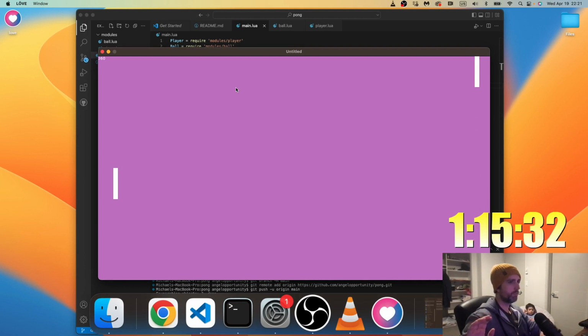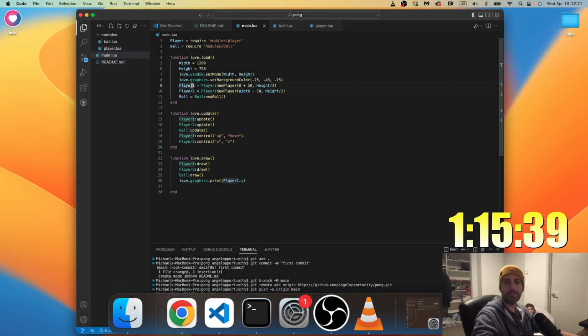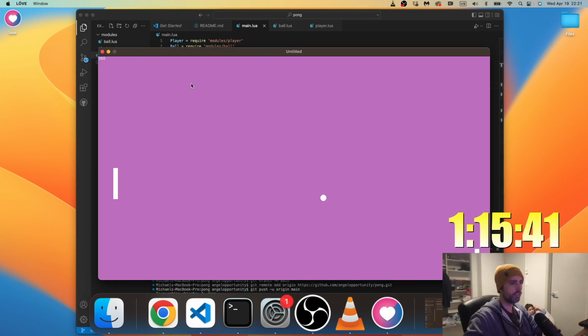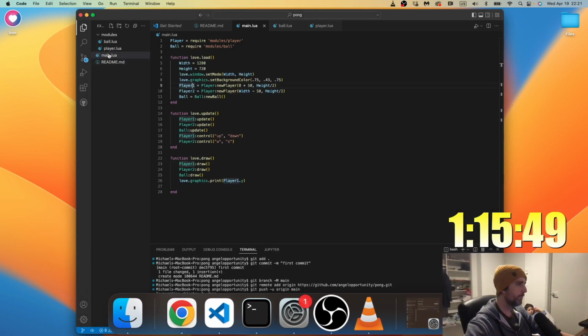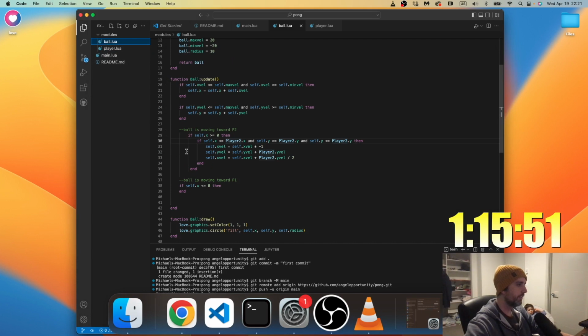It's weird. I don't know why it crashed, actually. If I move it down right away, it will crash, it looks like. Y velocity is a nil value on line 32 of ball.